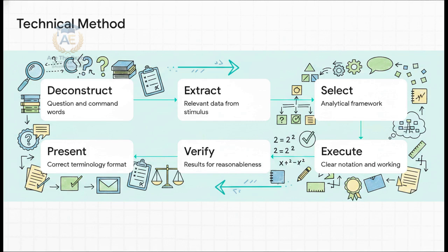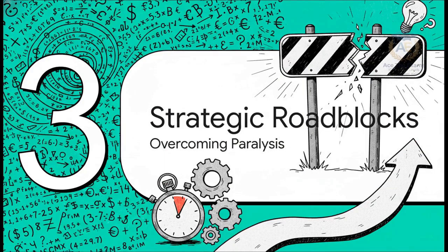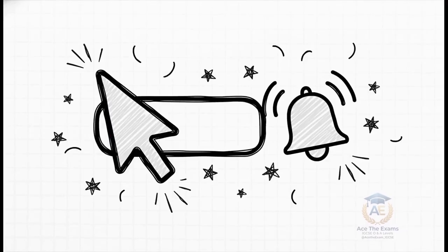Following this exact sequence demonstrates to the examiner that you have a connected conceptual understanding. It shows your knowledge is transferable to literally any unfamiliar context they try to throw at you. It is a total game changer. Act 3, strategic roadblocks. Overcoming the mid-essay paralysis. Okay, we are about to tackle the absolute hardest part of an IAS 2 problem, getting past that terrifying mid-essay paralysis